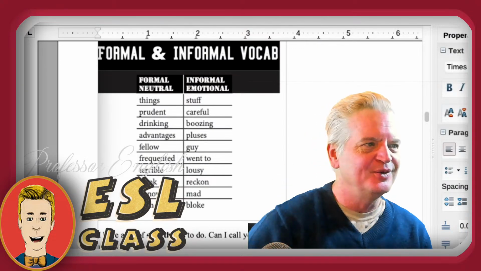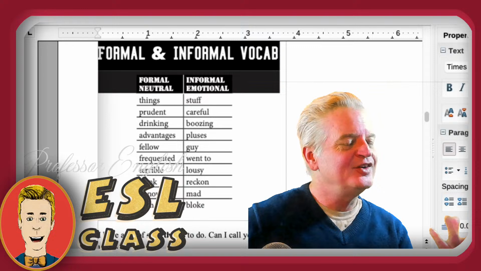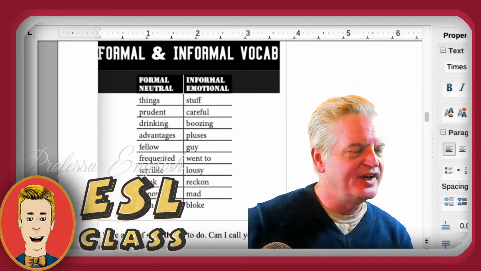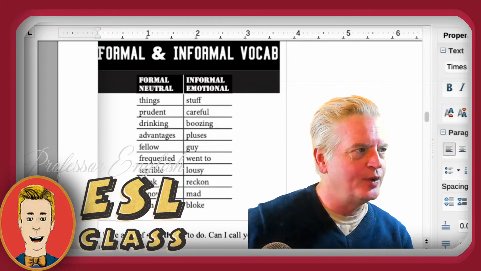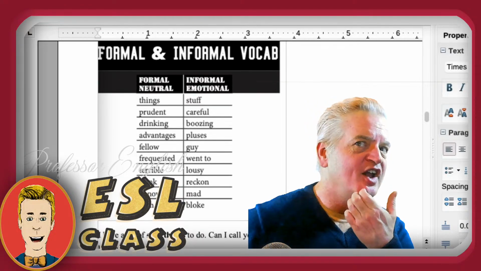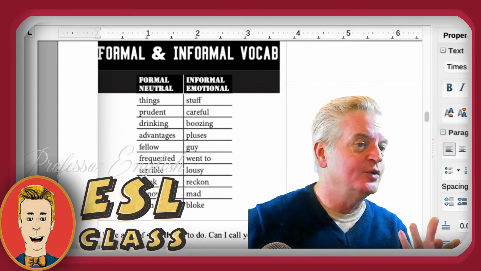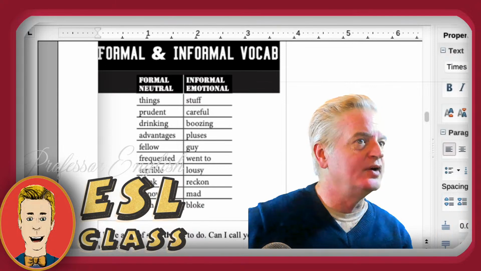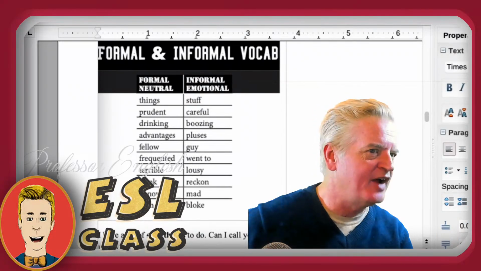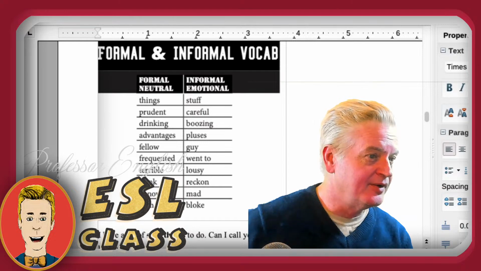So I'm not doing this to you. The book is. But this is unusual for people learning English. If English is not your first language, that's an unusual word to know: booze. If you say booze instead of alcohol, it's kind of funny. We use the word booze only to talk about drinking to get drunk. So if I say, hey, do you have some booze? It sounds like I want to drink until I'm very drunk.